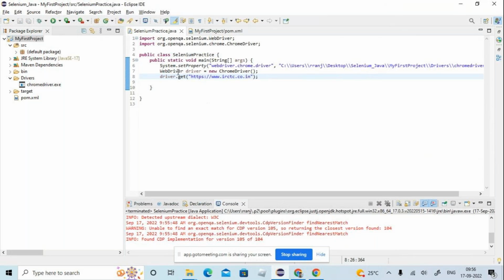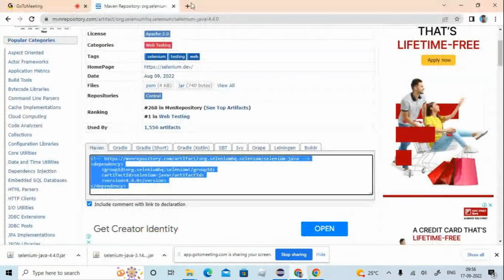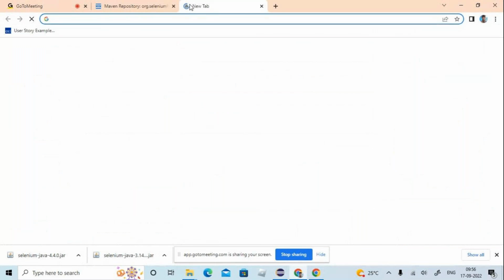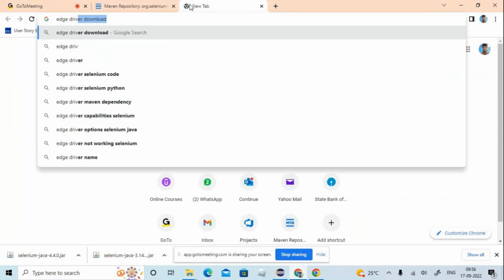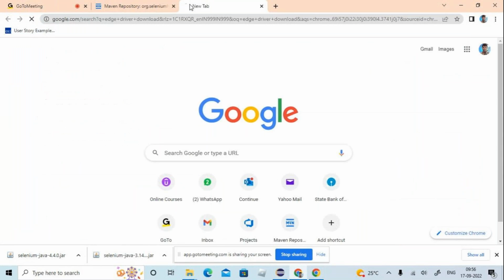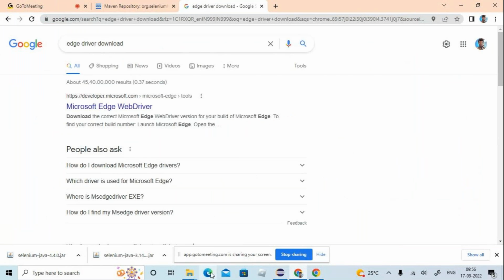Okay. Also, the same thing I want to perform on the Edge driver. So how can we do that? For that we need to download the Edge driver. Let me go on Google one more time, and now here you can search Edge driver download, and what version of Edge I am using, that I need to check. So if I open Edge,